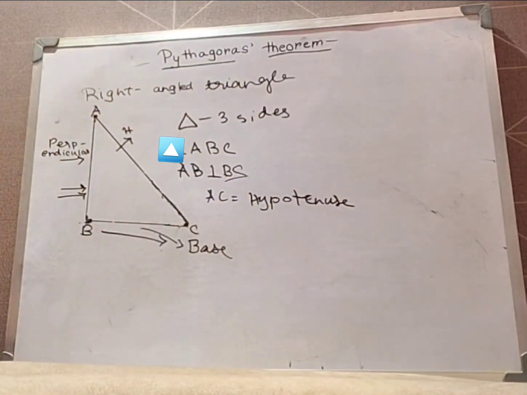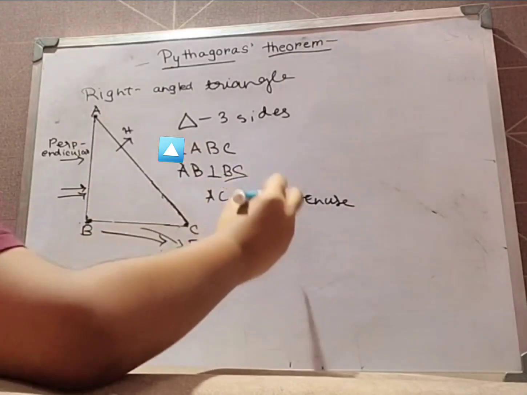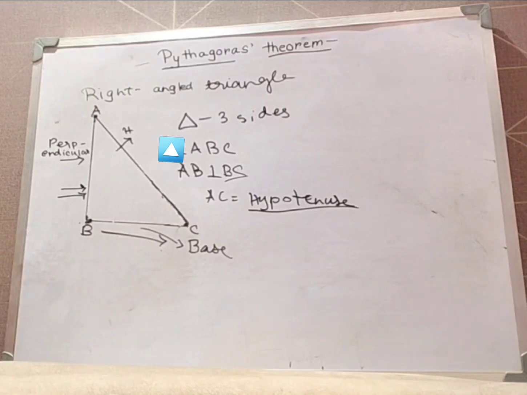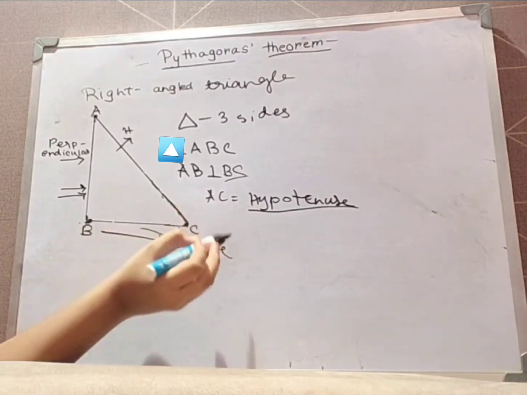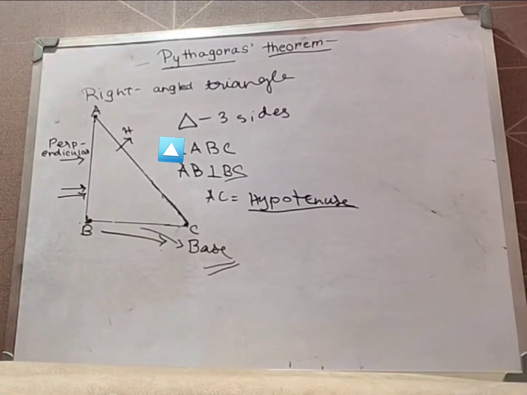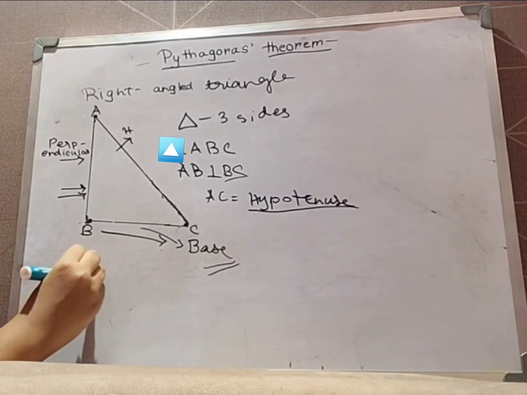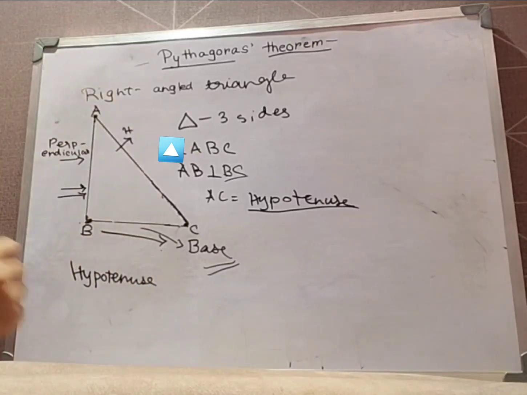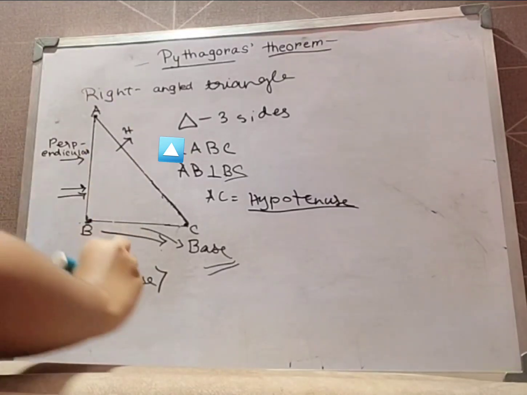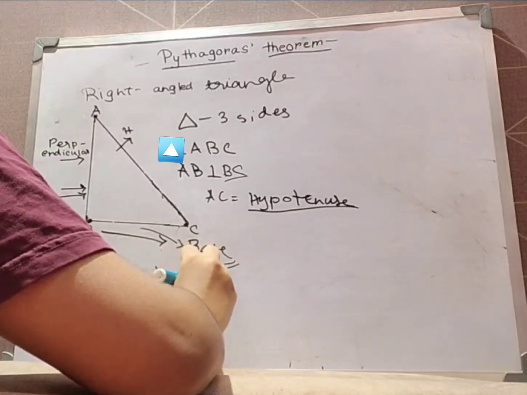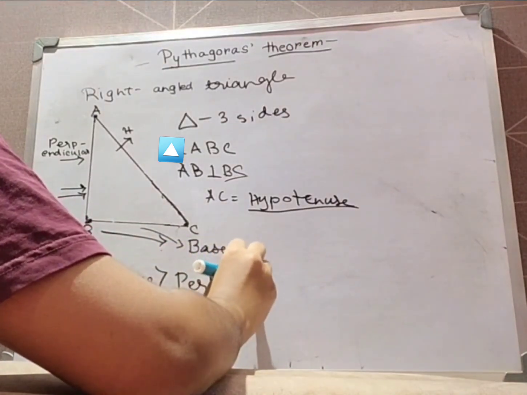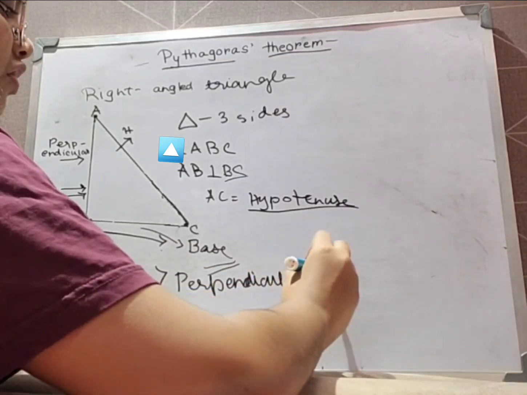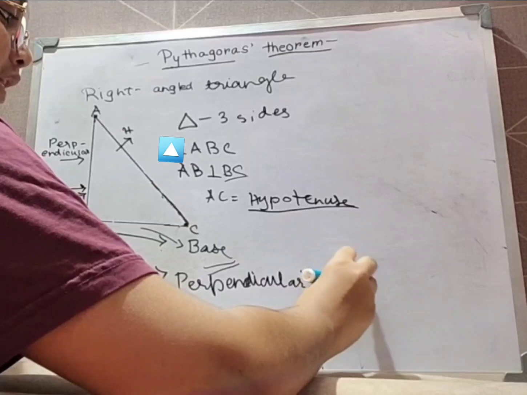As we know, in a right angle triangle, the longest side is obviously hypotenuse. Now the shortest side of the triangle must be base. So in terms of length, the length of hypotenuse is maximum. It is the longest side, as we can see and understand. So hypotenuse is the greatest. After that comes our perpendicular. Perpendicular is in the middle. So hypotenuse is the longest side, then perpendicular in the middle. The shortest side of a right angle triangle is a base.